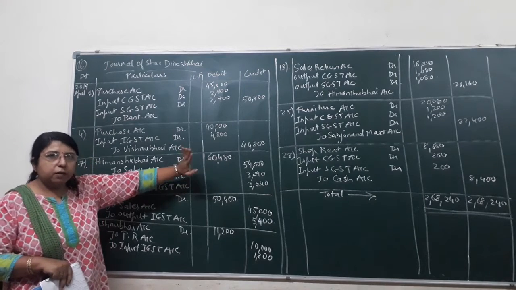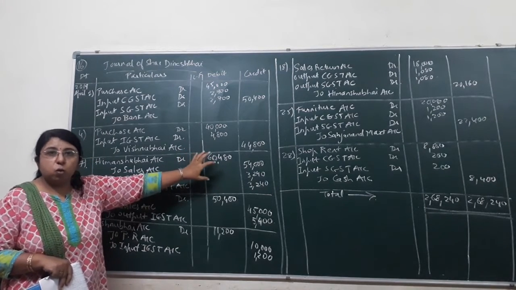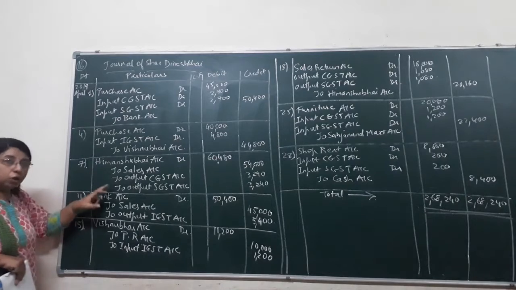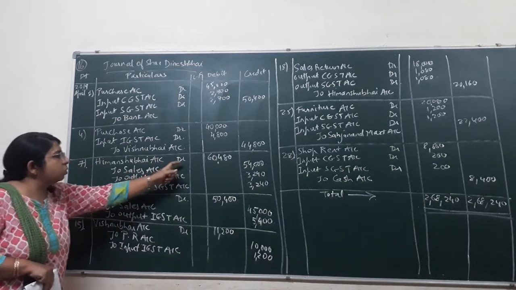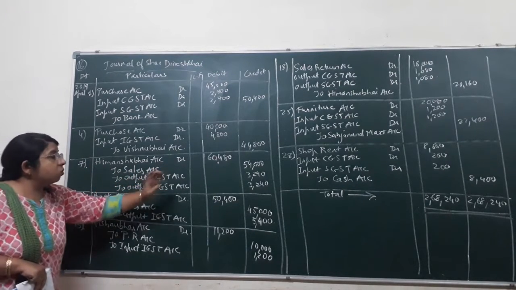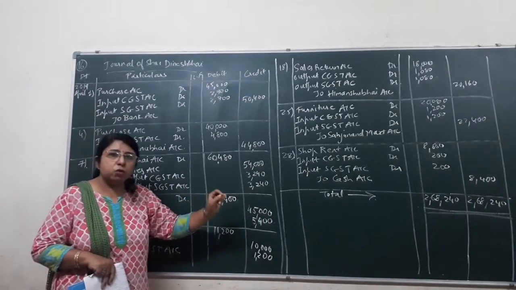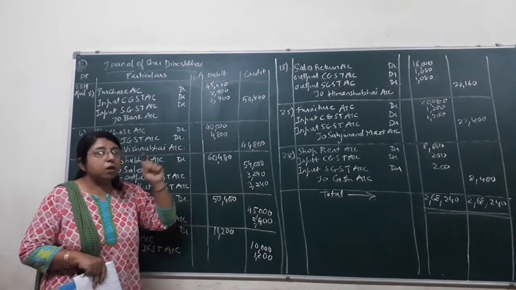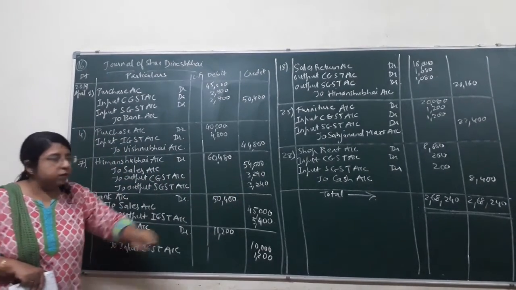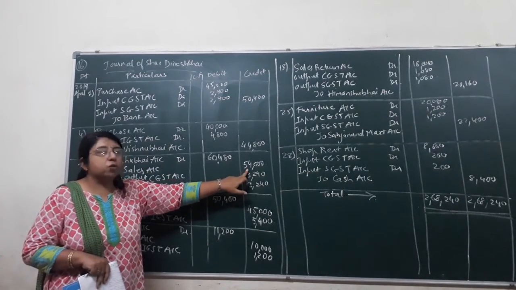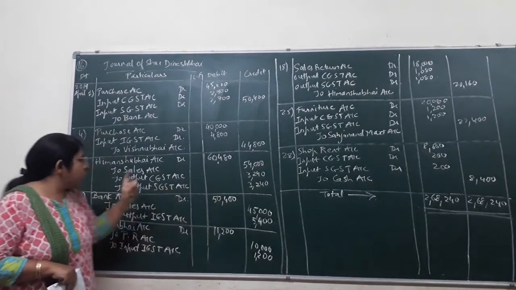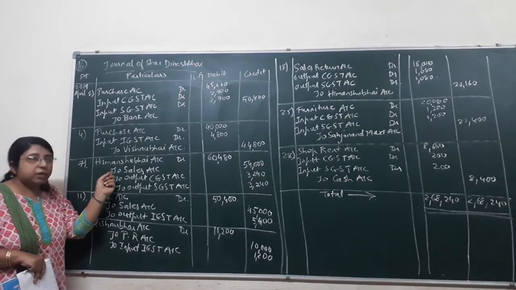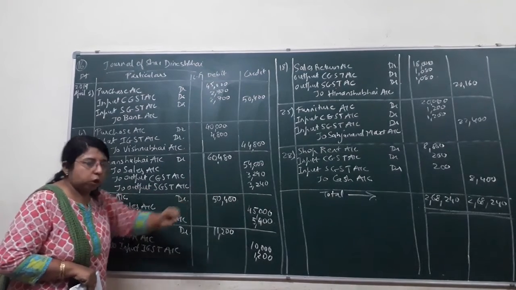Here I have written it, but I'll explain how to find the total. First of all, you write the journal entry. That is Himanshu Bhai's account debit to sales account credit. How much worth of goods have you sold, students? That is 60,000 minus 6,000, which is the trade discount. The remaining amount of goods that you have sold is 54,000. So you write 54,000 against the sales account.